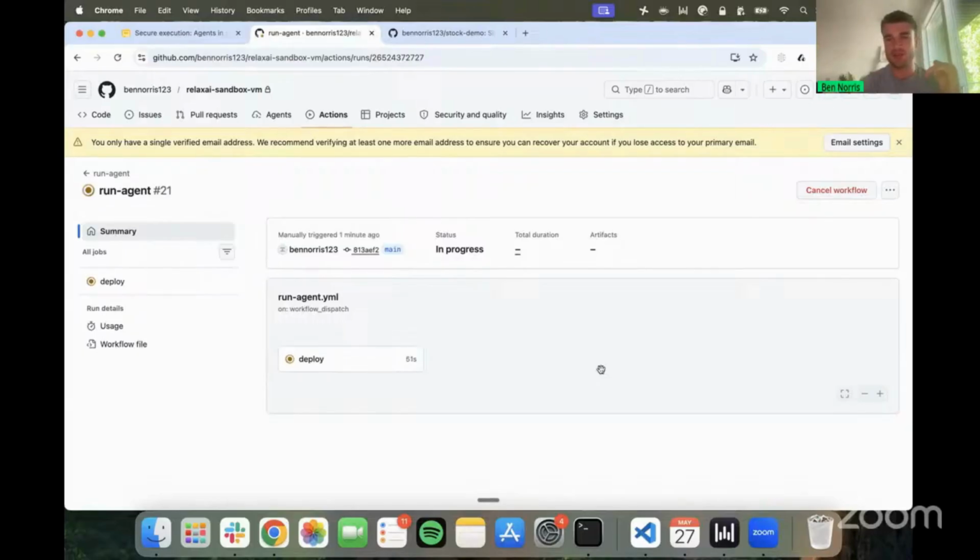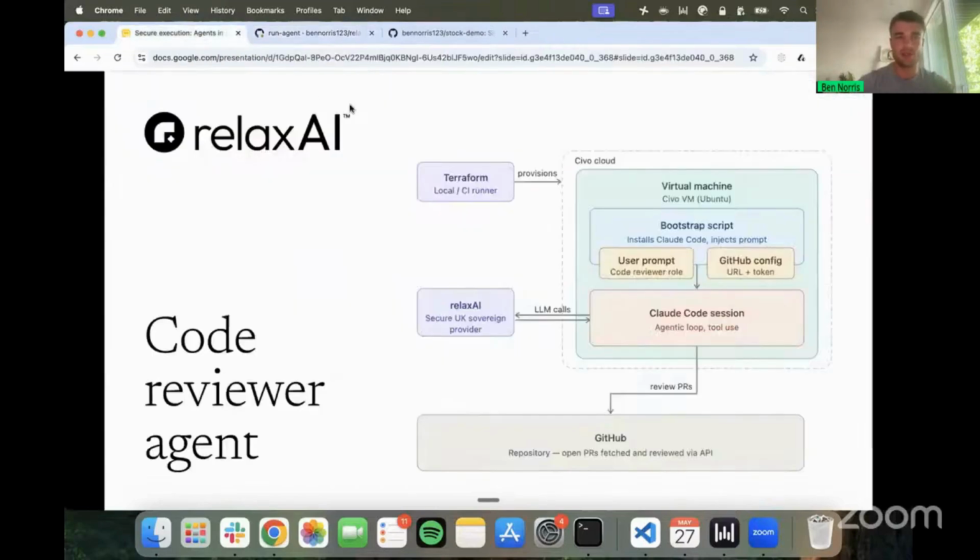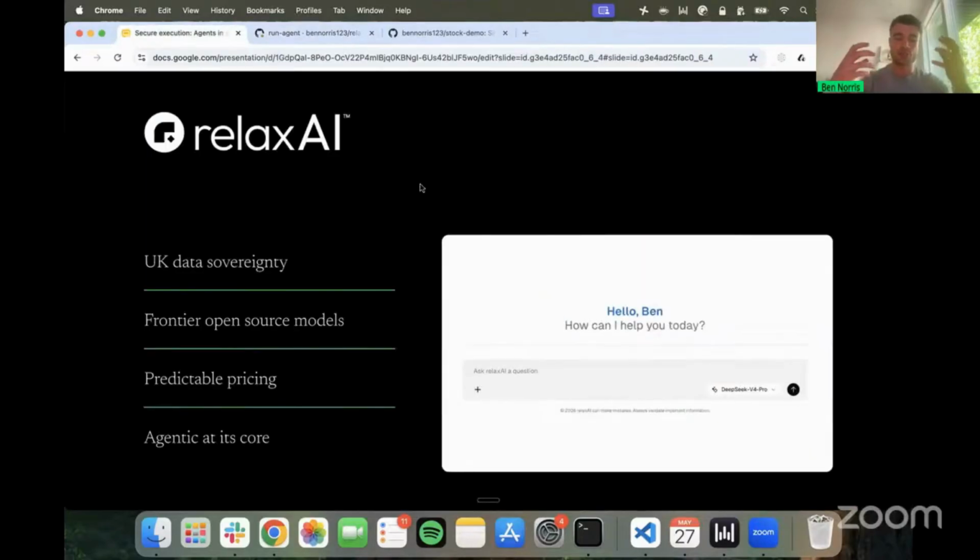At the end, I'll go on to discuss a fully managed solution that can actually spin up a sandbox very, very quickly. But if you want to plug and play today and just spin up a VM for a couple of minutes, this is perfectly fine. So I'm going to leave that running. I'm going to switch back to the slides,